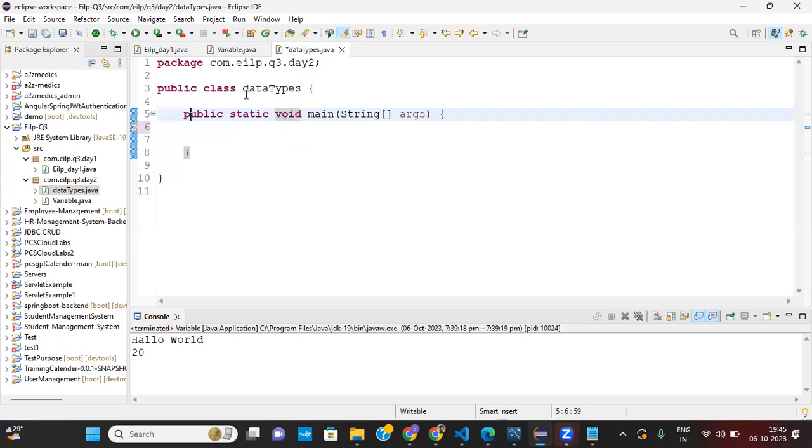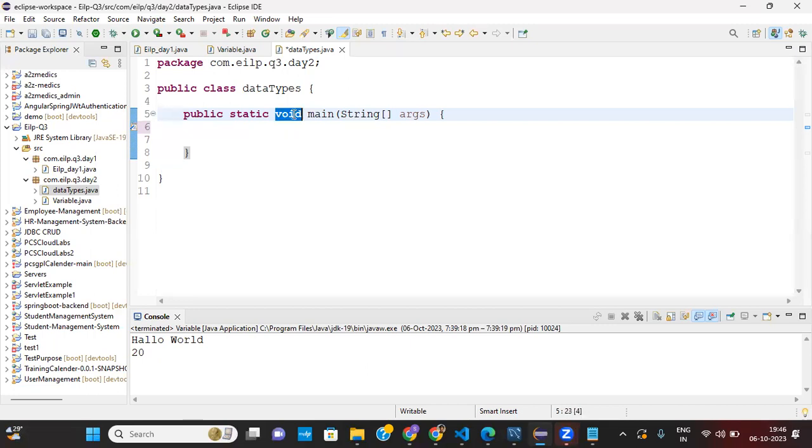Basically, this main method returns nothing, it returns void. If I hover the cursor over void, it says return type of main. So this is the void return type, returning nothing.